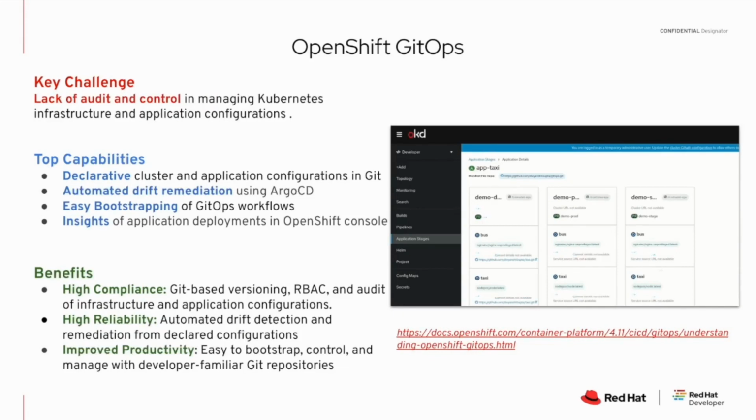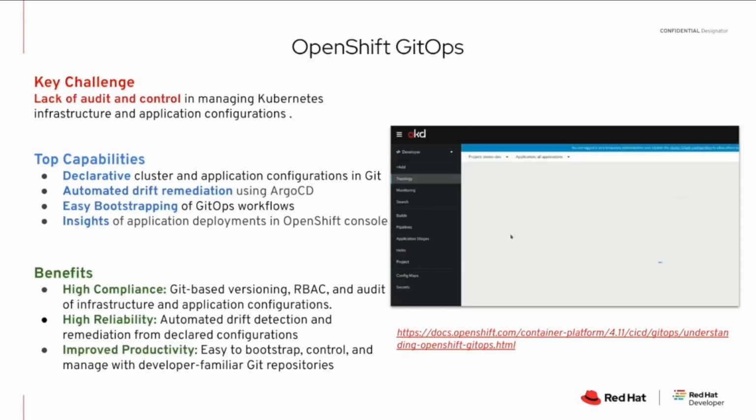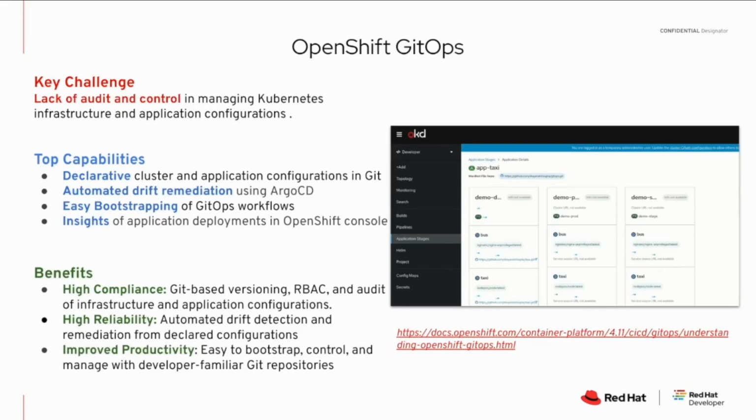Talking about GitOps, it's a principle that is really catching on, and it's become very popular in the industry. What's driving it is the lack of audit and control when it comes to managing the Kubernetes configuration, the application configurations that run on top of Kubernetes. How do you keep track of all these things and make sure it is doing what you want it to do, versus what could happen when someone goes directly into Kubernetes and just starts making changes, not only to Kubernetes itself, but even to the applications themselves?